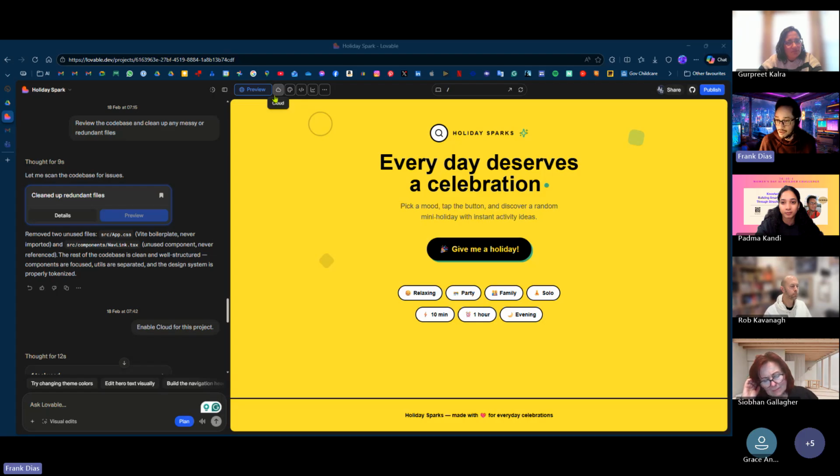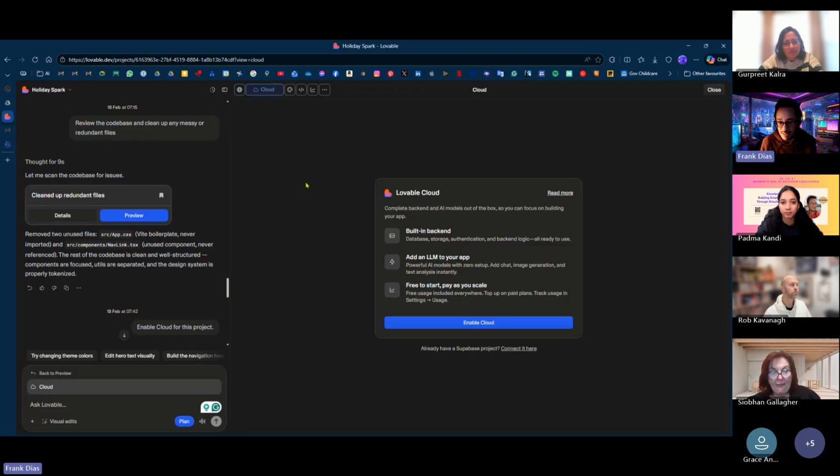But then when you start to get into a lot more details, such as you need people's logins to get a personalized experience, then you start to work with a lot more security elements that need to come in. So Lovable have something called their Lovable Cloud. And again, there's a cost to it, but they'll look after all the back end, such as databases and storage. So it all depends on your idea and where the scale is, because at the end of the day, the scale will dictate the seriousness that you then take it in. But you don't need to put it in GitHub at all whatsoever. Okay, that's great. Thank you.